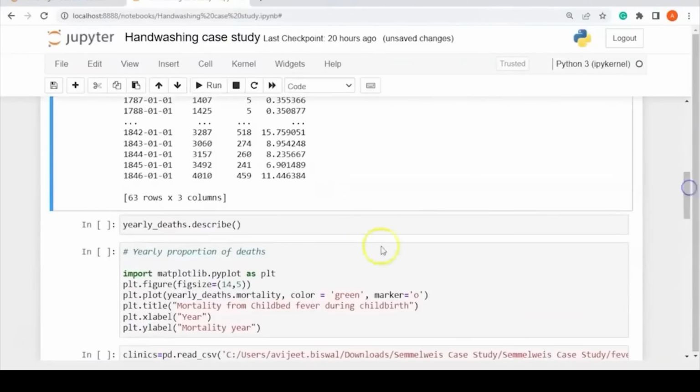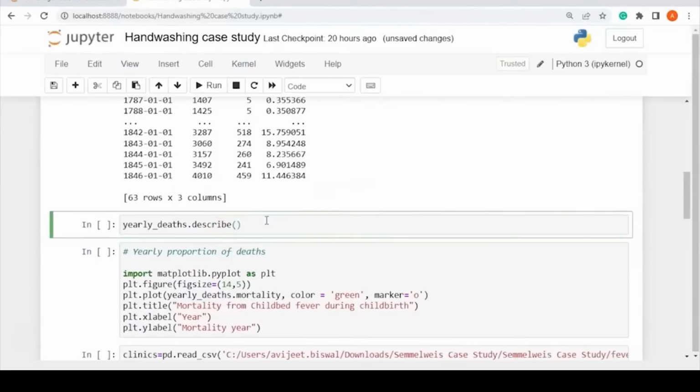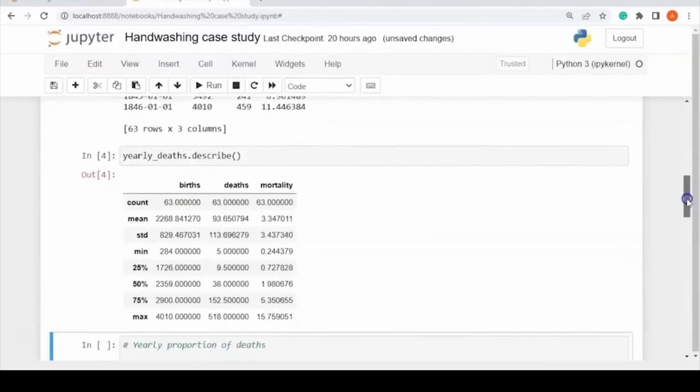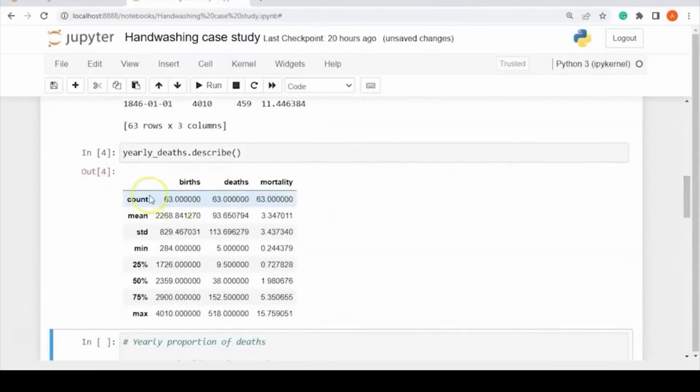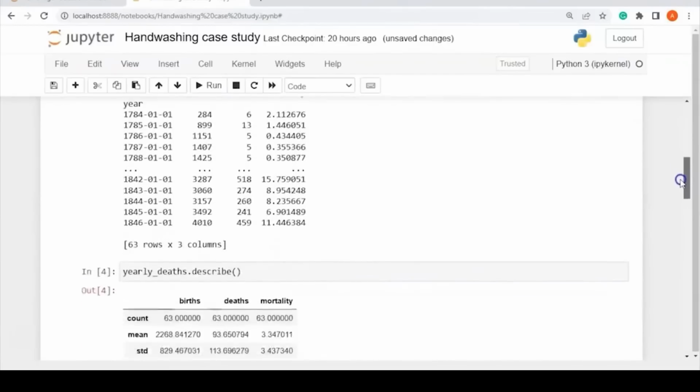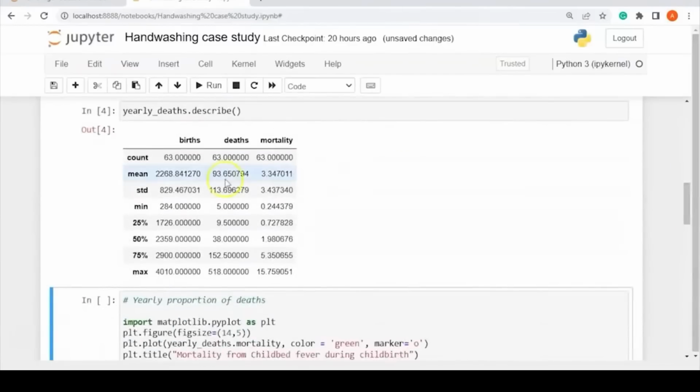Now next, we are going to find out some descriptive statistics using the describe function. So I've used yearly_deaths.describe. If I run it, you can see the count, that is the total number of rows that are there in our dataset. Then we have the mean birth. So the average birth that has taken place in all these years per year is around 2268. The total deaths reported in each of the years, that is the average number of deaths, is around 93